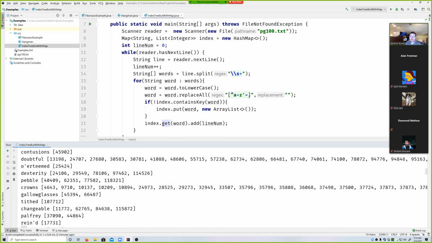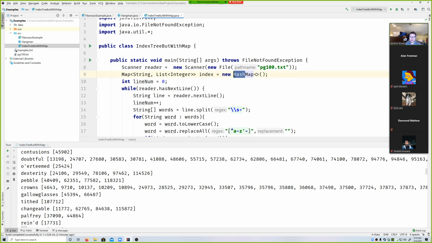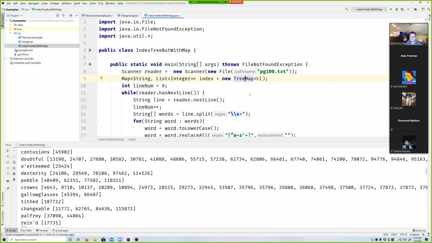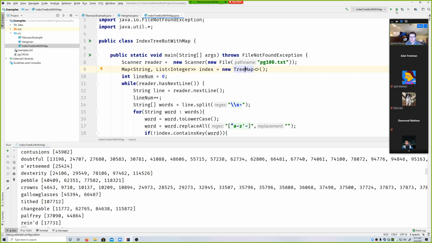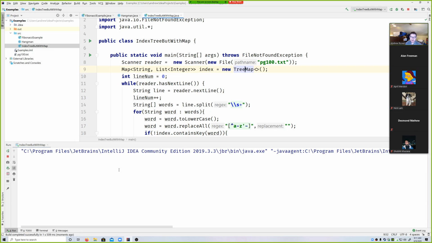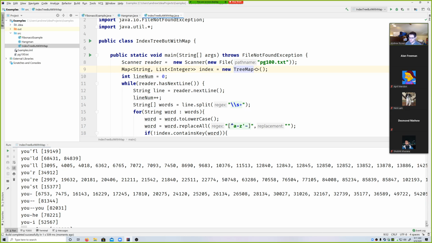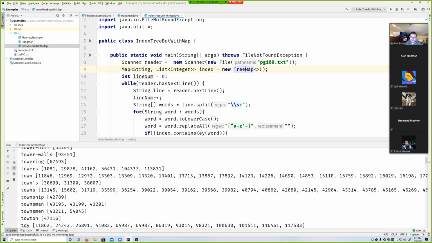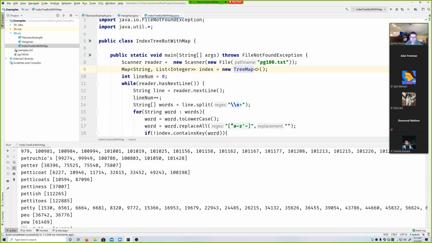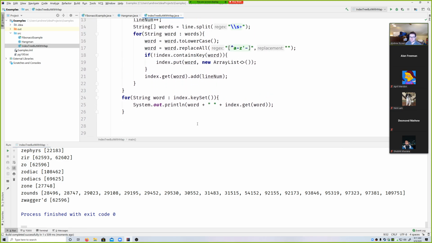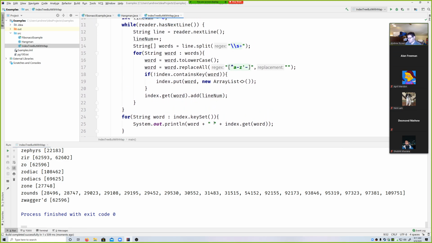Okay? So what if you want to keep things sorted, though? Well, if you really do care about order, you can use a tree instead. And in that case, we use something called a tree map. Now, a tree map does all the same operations as a map does. Takes a little bit longer, but it cares about order. If the things are comparable, it will keep them in order. See how this has been kept in alphabetical order? Yep. So you can use either